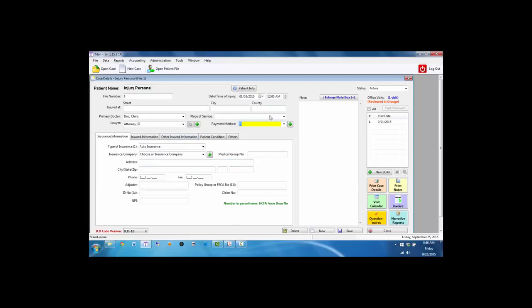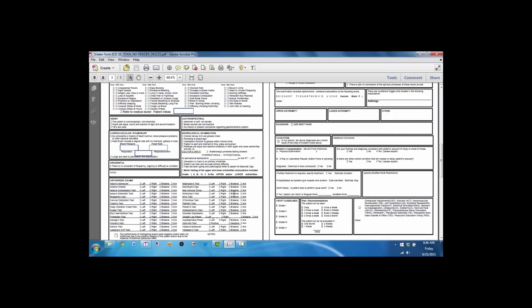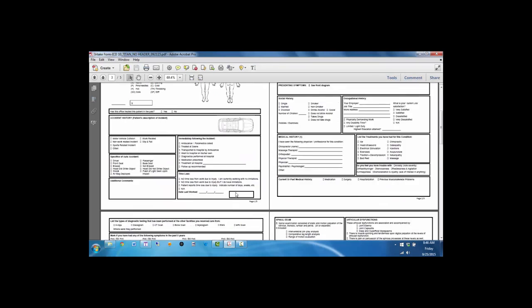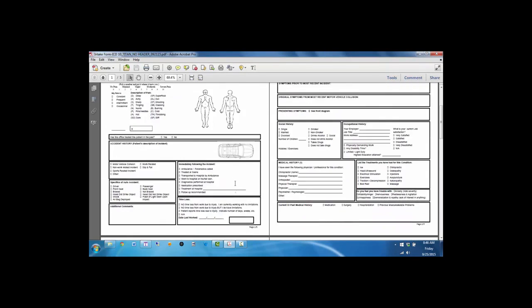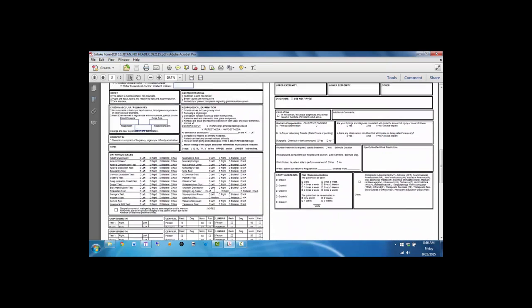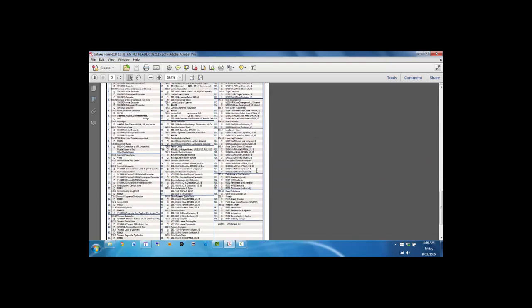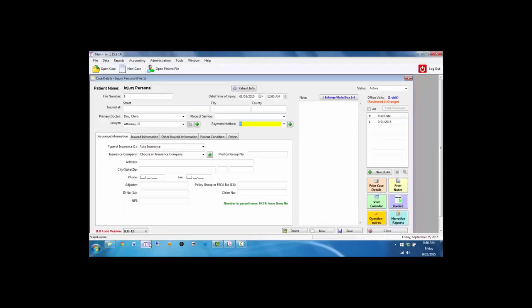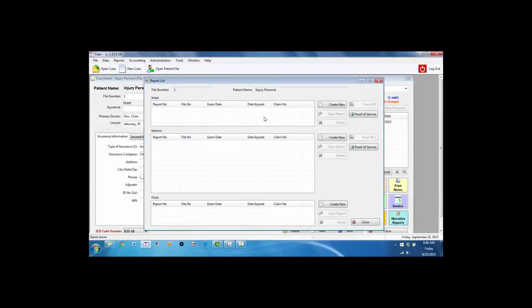So once this is created, the patient comes in, you give them an examination, and you take that exam form. We will provide you with the exam forms, which look like this. Basically, this follows the exact format of what you see in the Titan narrative. So come in here, there are three sections: the initial exam, interim exams, and the final exams. If I was to create a new exam,